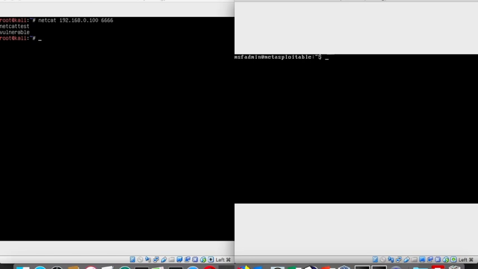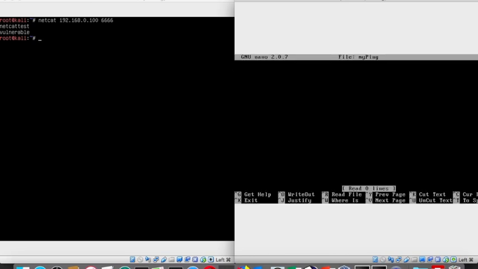Let us now build our own shell script to take input from the user and type output, and execute this script using Netcat. I'm going to create a file here called myping, and I'm going to explain to you in a while what this file will do. So let's just type here our shell,